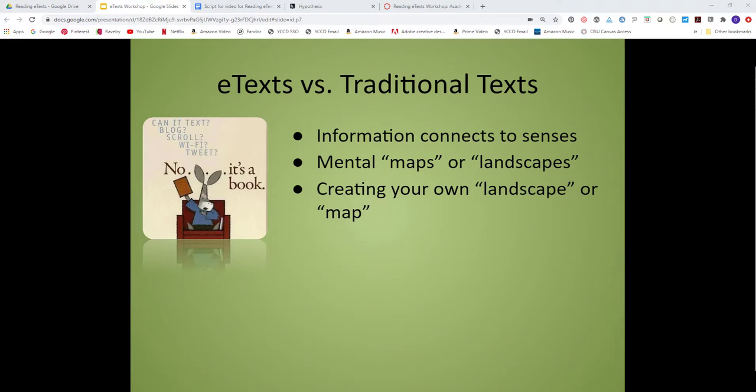Let's start by thinking about how eTexts are different from traditional or print text. Print texts connect to your senses much more than eText. When reading a print book, you can feel the weight of the pages in relation to where you are, which makes it easier to know where you are and to find what you need. With eText, you will need to create your map or landscape to make it easier to track where you are